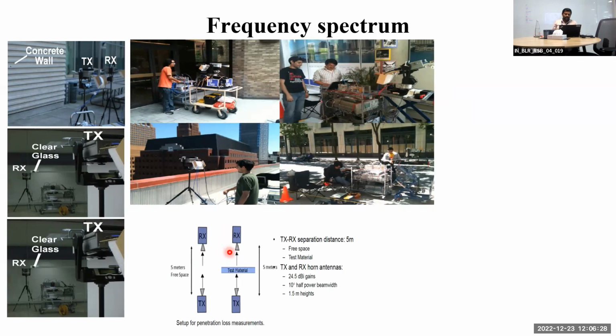So ultimately, what they are doing is this. You have a TX antenna and an RX antenna. You generate some frequency and transmit it. Initially you calibrate the system, TX to RX, which means you ensure everything is zero. Then you place your test material, for example a concrete wall or glass. Then you measure the received power level. This will always be lesser than what you received when there is no material. That net difference becomes the attenuation.